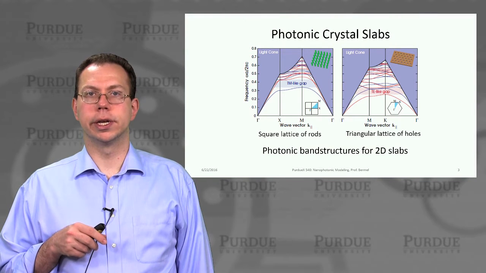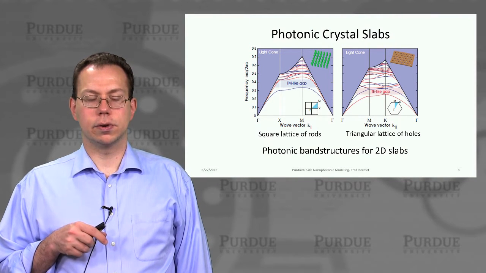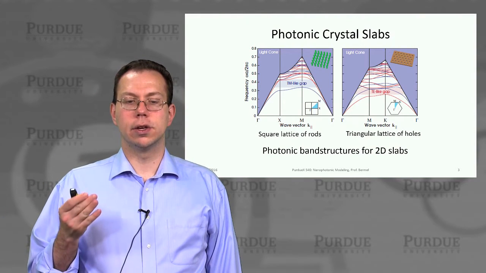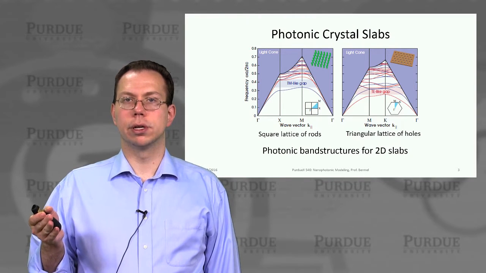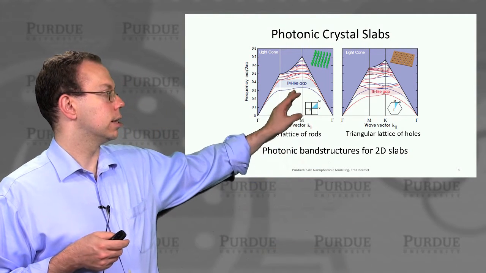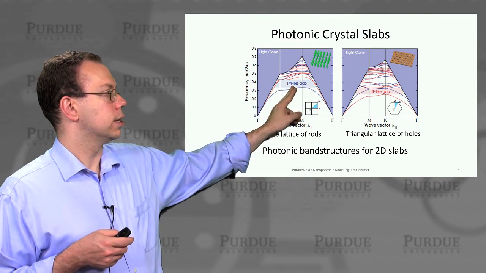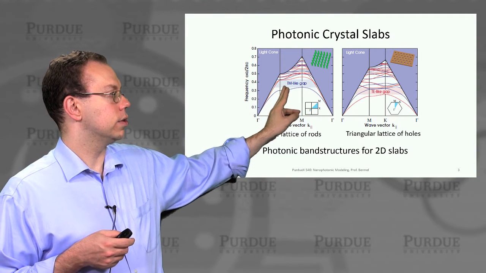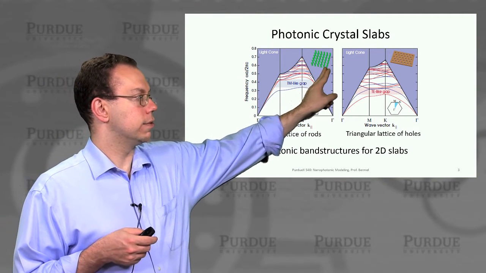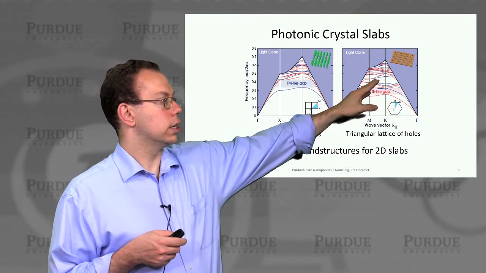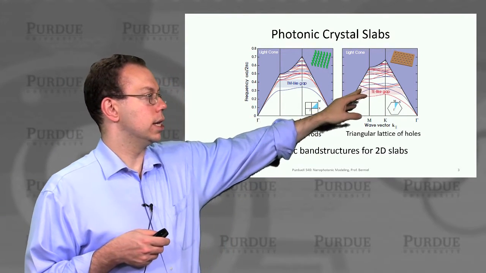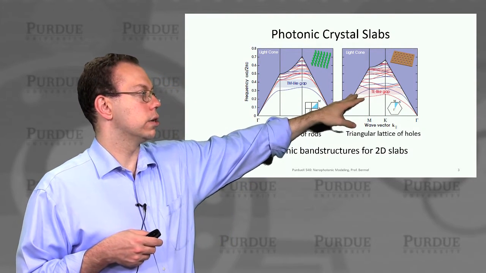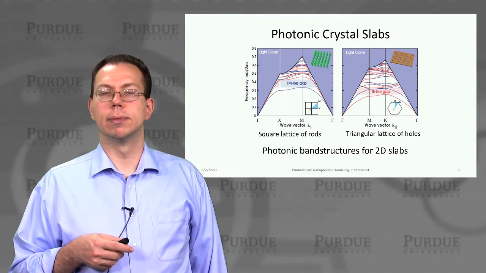And then a similar dynamic is happening in the second picture, which is showing basically a triangular lattice of air holes in a high dielectric medium. And so, of course, it depends on what kind of structure you have as to whether you have a TE, TM, or both as a band gap. But you can see that on the left-hand side, clearly this kind of structure with rods in air has a tendency to give you TM-like gaps for many of these radii, whereas this kind of structure more easily will give rise to both TE and TM-like gaps, but we actually need to increase the air hole radius from what's shown here in order to get both TE and TM at the same time.